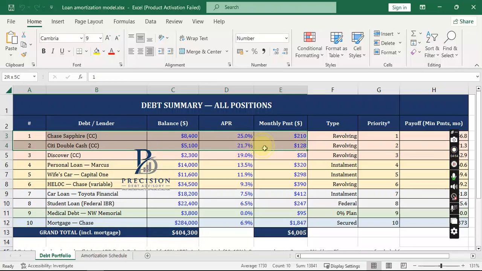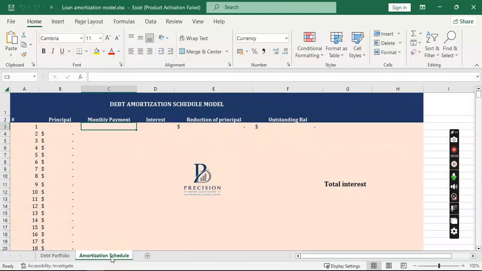This is the credit card, Sapphire. So let's go direct to it. To calculate our interest on this loan, we need to enter the principal amount, the monthly payment, and the interest amount, which is the interest cost. We also need to do some calculations to get the reduction of principal, or by how much this debt is reducing when we make this monthly payment, considering that